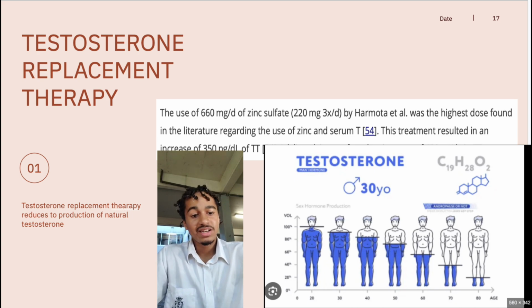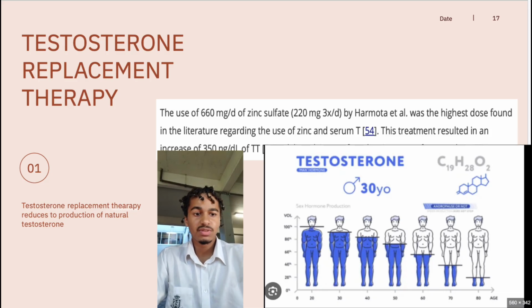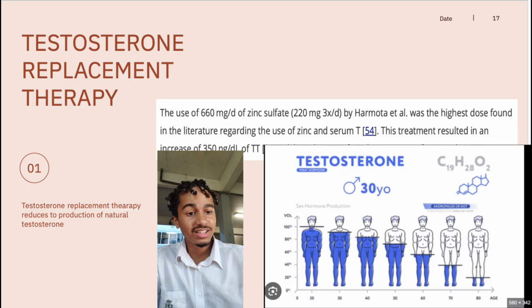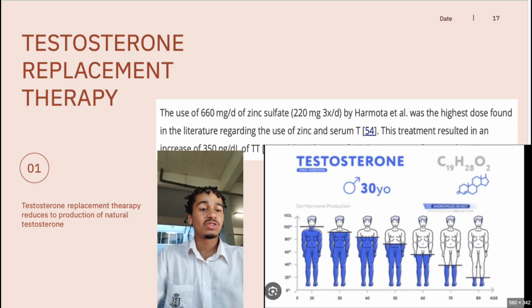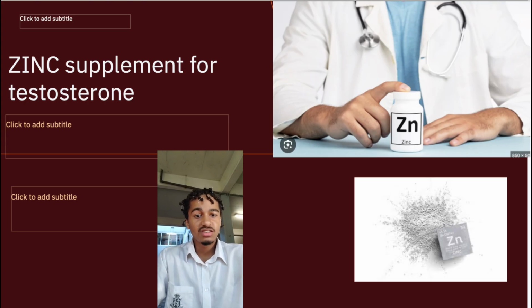Clinical hypogonadism often requires testosterone replacement therapy. However, testosterone replacement therapy carries risks including infertility and erythrocytosis. So treatment should be individualized and medically supervised. To increase testosterone and fertility in men with low testosterone or hypogonadism, zinc